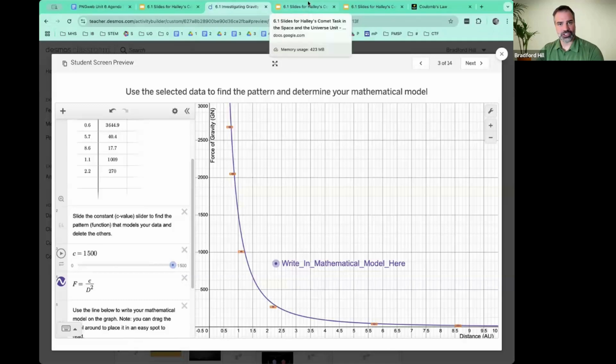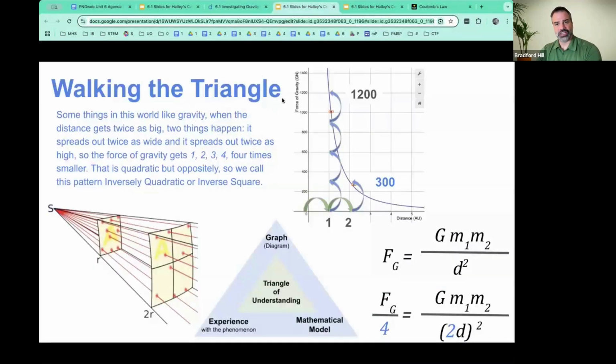I am going to bounce to the slide to show a couple of them. So here's just a really helpful slide, a snapshot of the graph, walking the triangle. This is the new slide that we're pairing with all of the posters, and that coral response has been a big success. And this is actually super fun because it's a new one, and it combines the quadratic language with the inversely proportional. Some things in this world, like gravity, when the distance gets twice as big, two things happen. It gets spread out twice as wide, it gets spread out twice as tall. So again, going back to quadratic here,